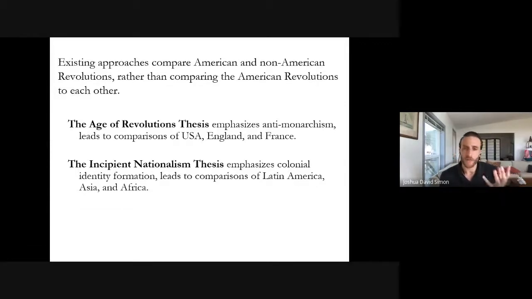So if the Age of Revolutions thesis really neglects, tries to reduce the American independence movement's distinctively imperial context, the incipient nationalism thesis really mischaracterizes that context. In the Americas, independence was demanded and won, by and large, not by conquered indigenous populations, but by the descendants of the conquerors themselves. And the fact that this colonial elite, known in Spanish as criollos, in English as creoles,